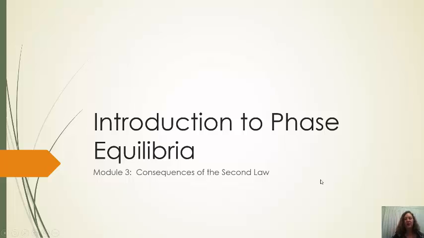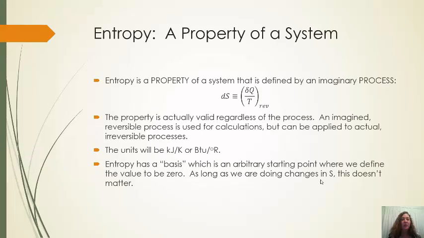In this lesson, we're going to be looking at consequences of the second law, and in particular, how that impacts calculation of entropy change. So, entropy is defined by an imaginary process, but it applies to real and imaginary reversible processes because it's a property. So, it's defined as dq over T for a reversible process. There is not a zero point that is well defined here,